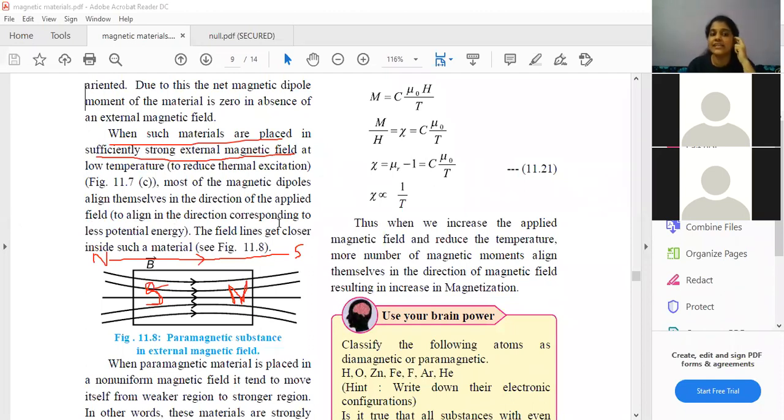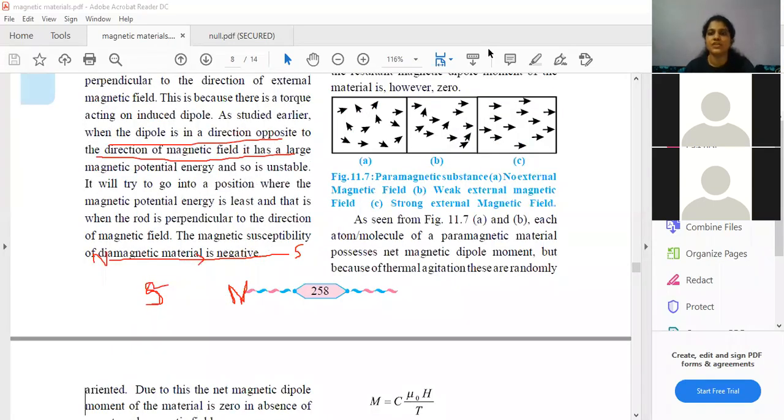Okay, to align in the direction, basically you all can see in the external magnetic field, the direction of the magnetic field lines, basically this dipole moment. Just a minute. They are talking about these dipole moments. Okay, so these dipole moments will align themselves